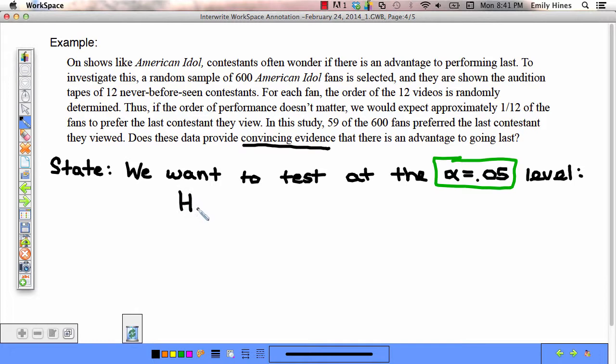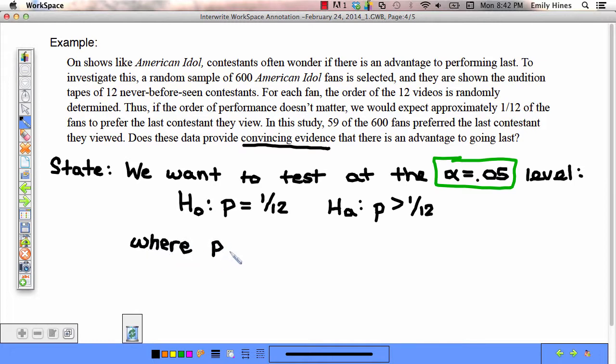So my null would be a statement of no difference. P is equal to 1/12, because if there's no difference between the places they are in, then 1/12 should like them. And if there is a difference, then P would be greater than 1/12 because we're saying going last has an advantage, which means more people would like it. And I want to make sure I define P, where P equals the true proportion of people who prefer the last contestant